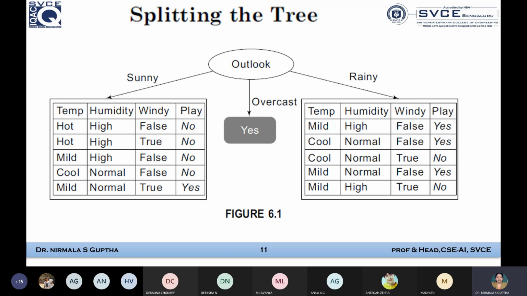Means for sunny, again it has to be branched. For rainy, again it has to be branched. Now let us take the parameter sunny, because we already understood the complete concept and the logic behind the computation technique. So we will quickly do this. Have a pen and paper with you, like yesterday, but we will not spend so much time. We will quickly complete it.